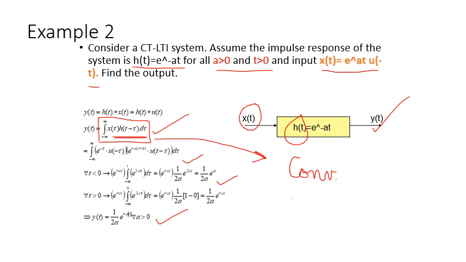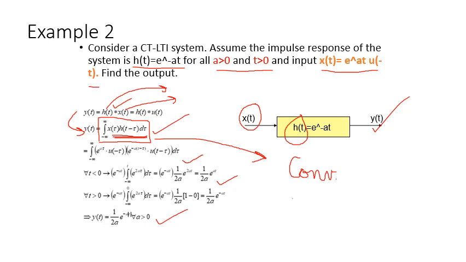Suppose I have signals x of t and h of t. I am taking the convolution of h of t and x of t, and we are finding it tough to calculate this integral. What do we do then? We find the transform of h of t. Let's say we find the Laplace transform of h of t, which is H of s. We find the transform of x of t, let's say X of s. So in the frequency domain, we just multiply them. And you know, multiplying two signals is very simple compared to finding this complex integral. So in the frequency domain, it becomes easy to find the output.